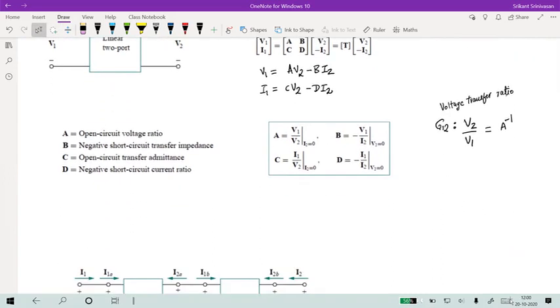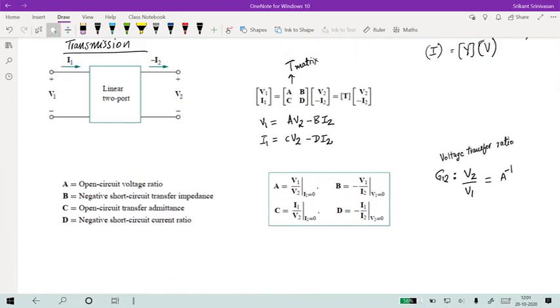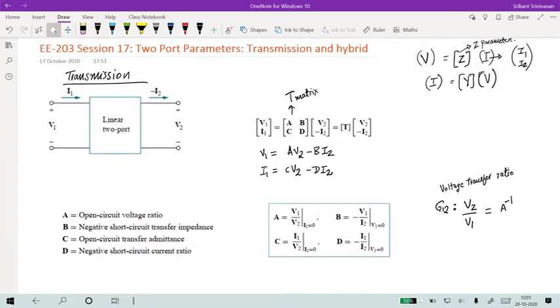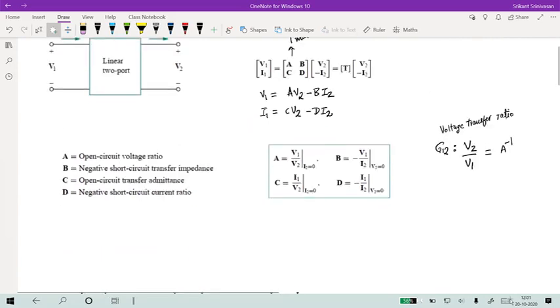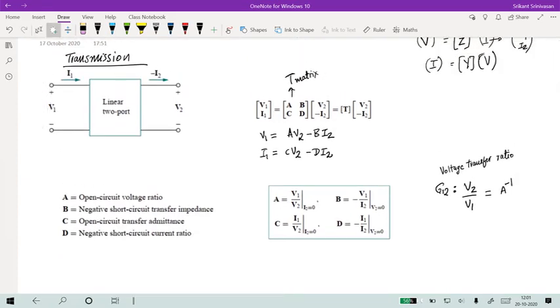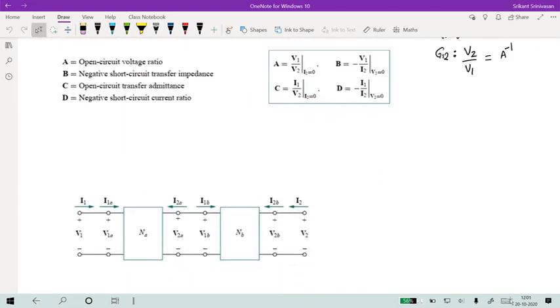So the advantage of having something like these transmission parameters is that when you're doing your electrical circuits, I'm applying a signal at the input and I want to see what propagates to the output. That's the main key to transmission parameters. Whereas if you had the impedance and admittance parameters here, then both V1 and V2 are inputs and you're measuring the corresponding I1, I2, or I1, I2 are the inputs and you're measuring the corresponding V1, V2. Okay, so this is the point that you have to be clear about. So transmission is to measure how much of the input is transmitting to the output.